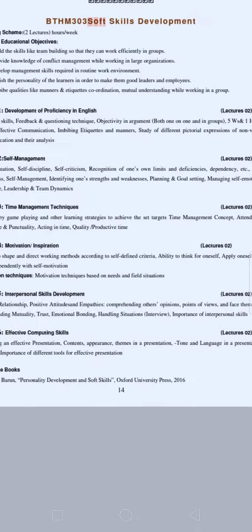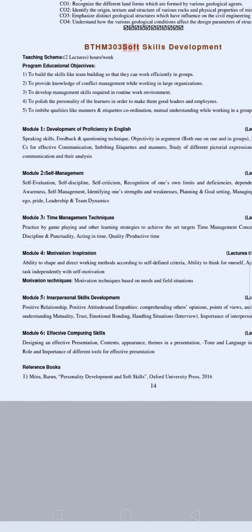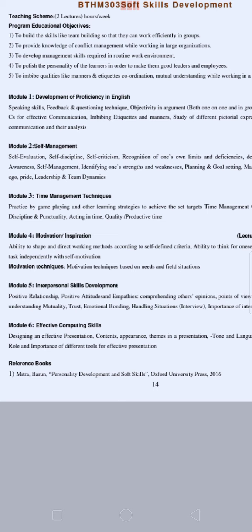The last module, the sixth module, is effective computing skills. Here the word computing is very important. Computing is related to computer. And what is the use of a computer? You know well that by using a computer you may save time, money, energy or work. It is very feasible, and it has become an essential part of our life and professional career. So by using these computing skills, how we can develop our soft skills, these things are covered